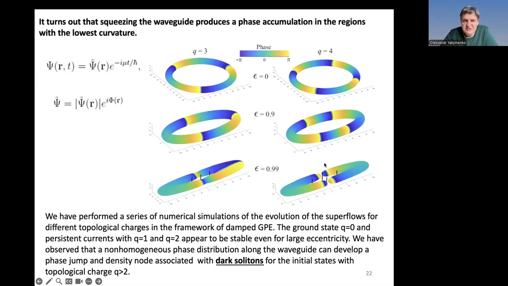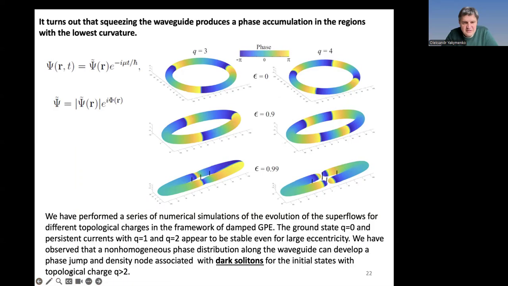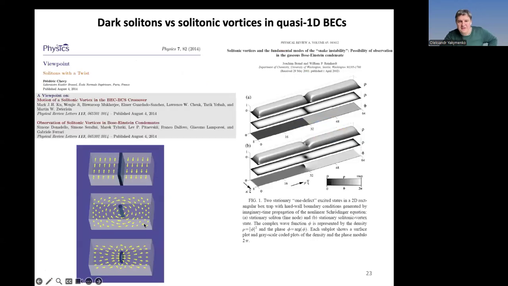But if you squeeze this system, then what you can see there, the phase gradient accumulates in the region with low curvature. And it means that vortices are squeezed in a small region. And what happens next, if you have a look at the dynamics, I will show you very interesting examples, but